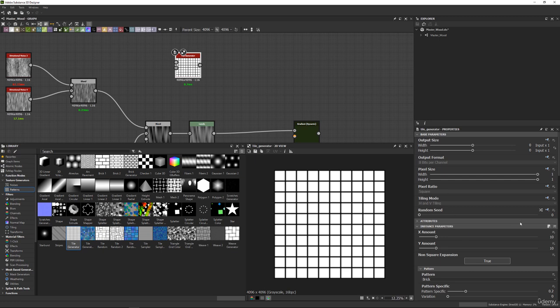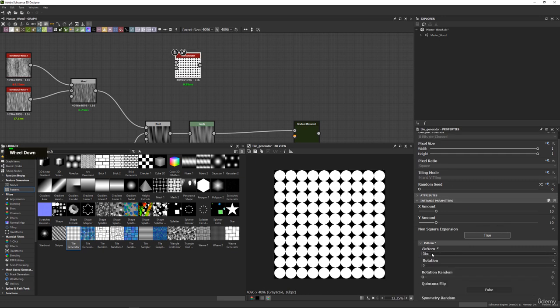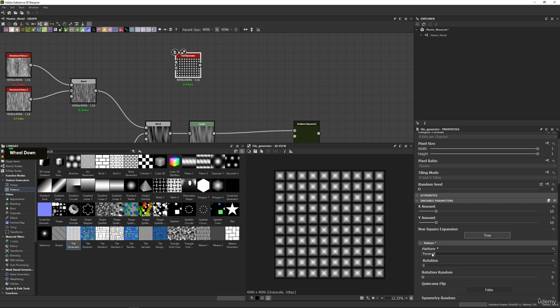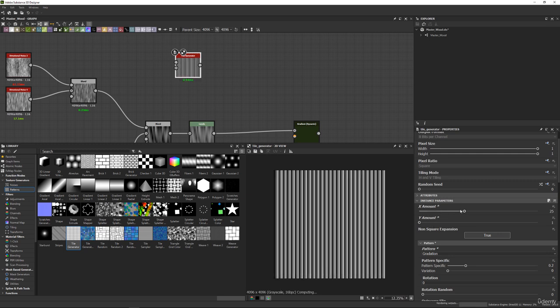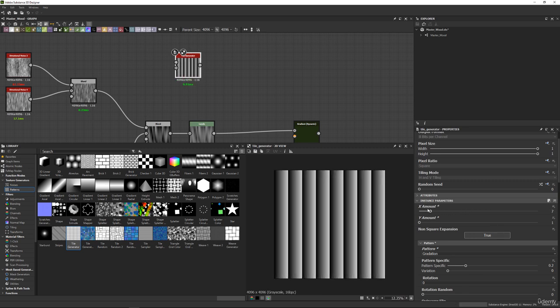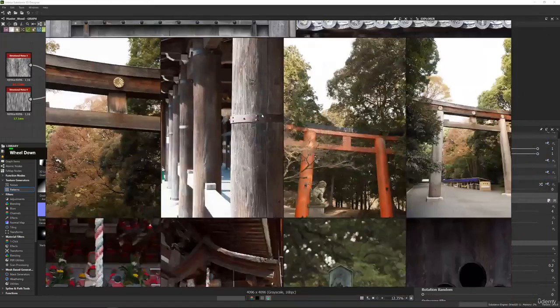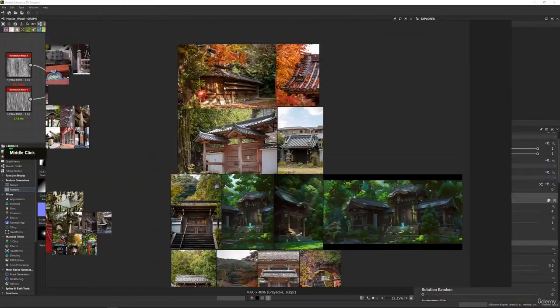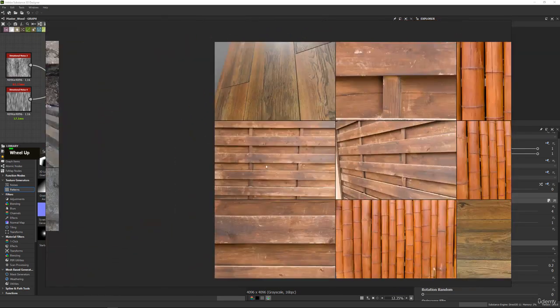I can do this by going ahead and setting my pattern over here to, where are you? This one, gradation. And the next thing that I'm going to do is I'm just going to go ahead and set the Y amount to 0 and the X amount. Basically, this will control how fine our grains are going to be. The less gradients we have, the larger our grains are going to be. You can see it as a difference between these really large grains over here and these really fine grains over